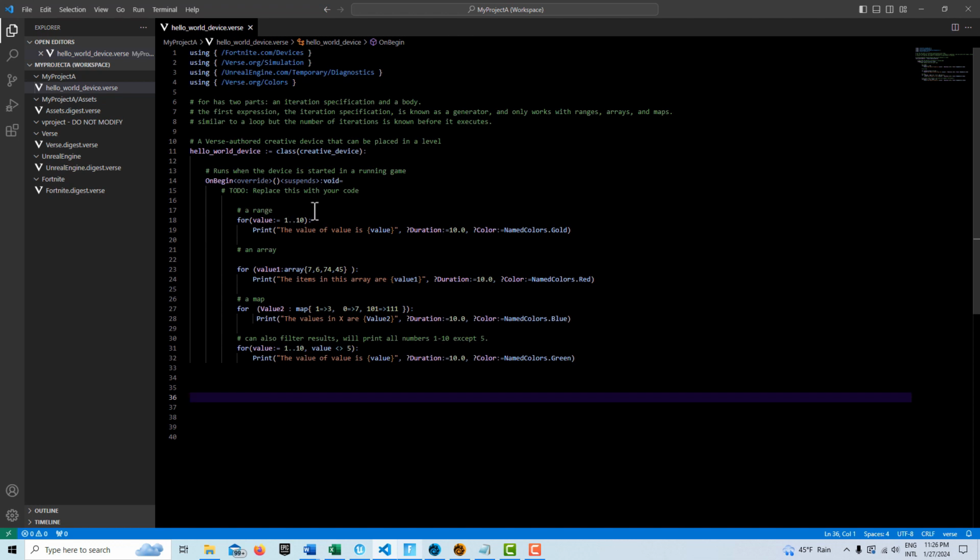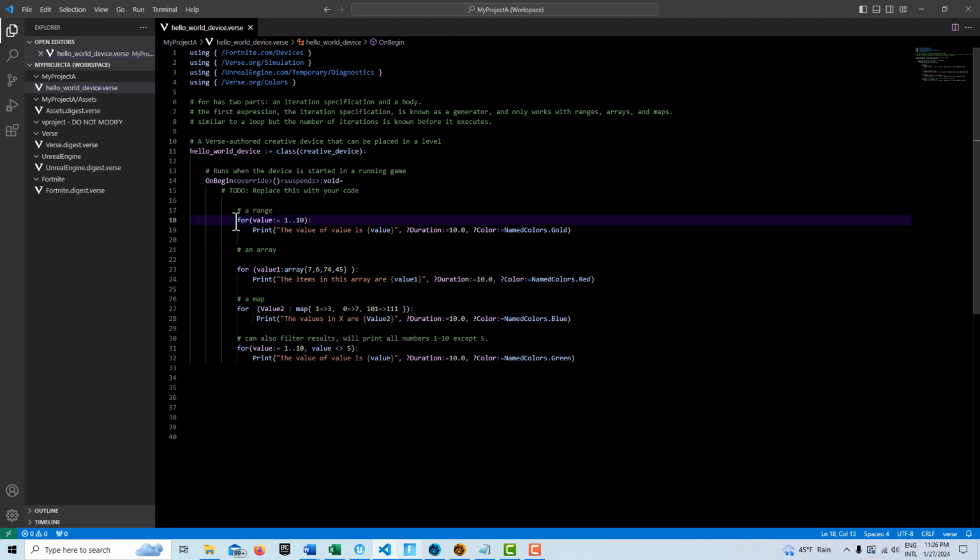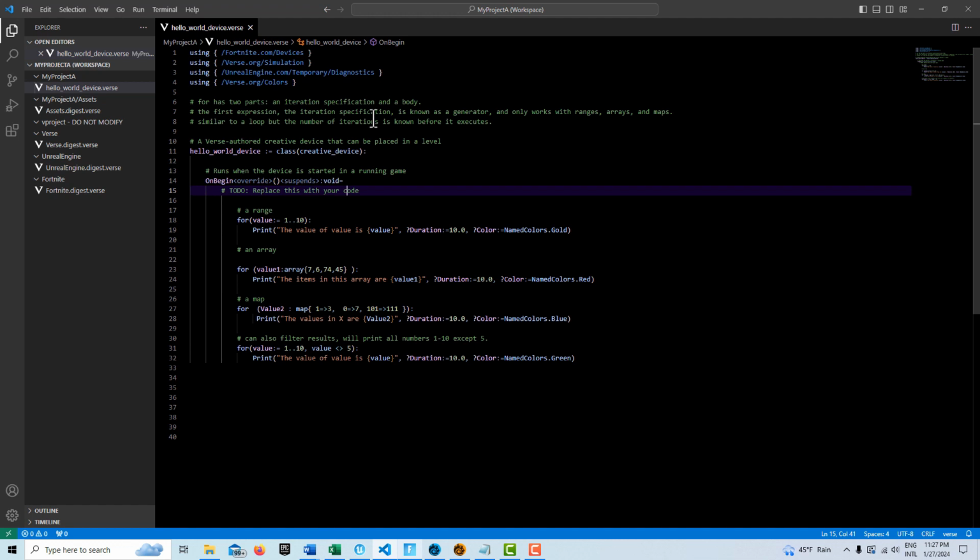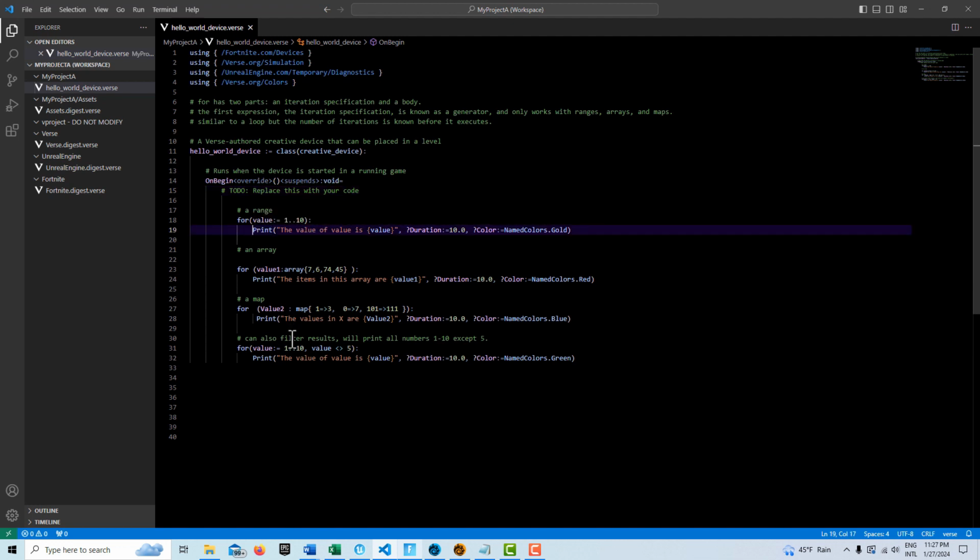A couple things to know about this: a for expression in Verse has two parts. The first part is called the iteration specification, which you can also think of as the generator. The generator only works with ranges, arrays, and maps, so I have an example of each one here. The second part is known as the body. That's after the colons, and that's whatever you want the for expression to do each time it goes